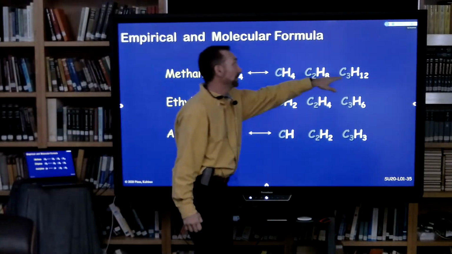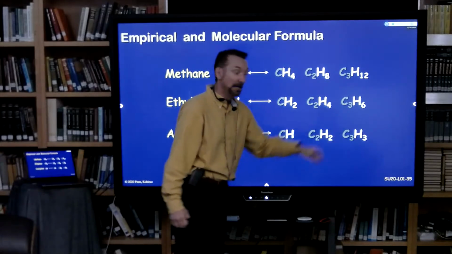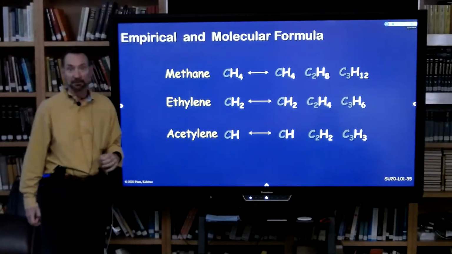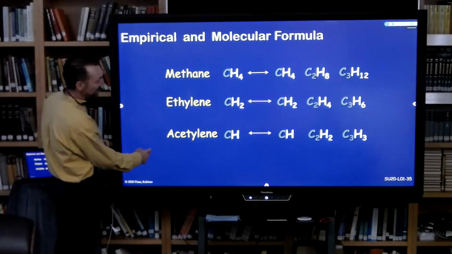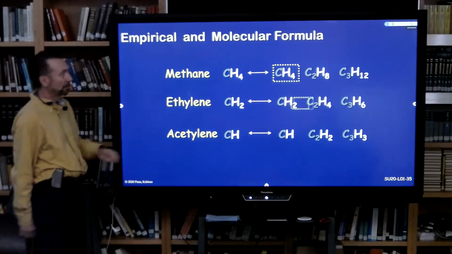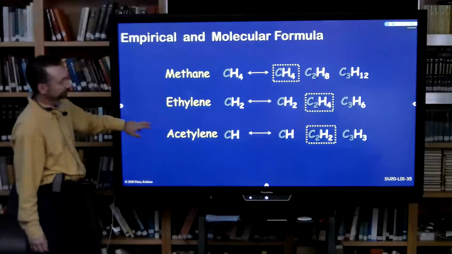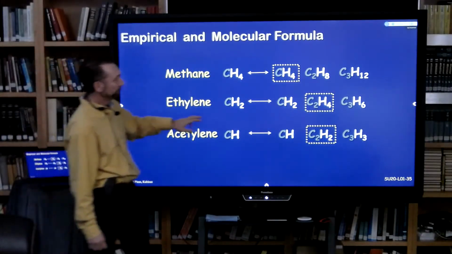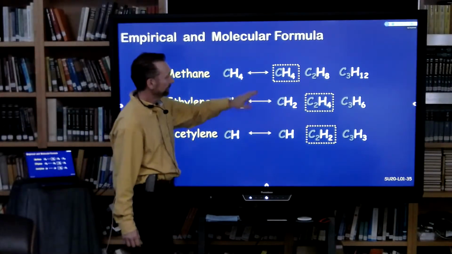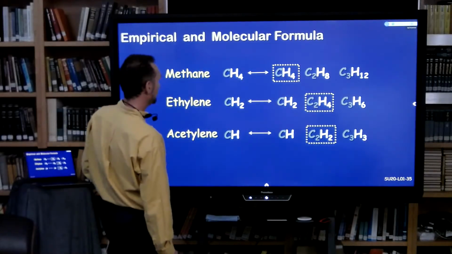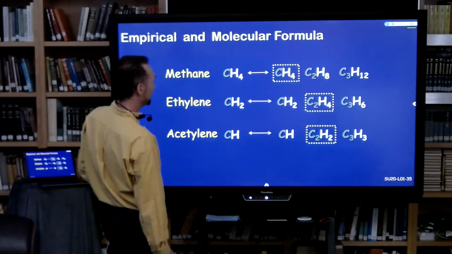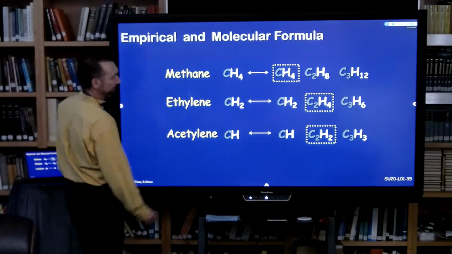These are actual molecular formulas. They are the actual molecules, the ratio in the molecules themselves. Difference between those two things, and you might see that in your homework. Okay? Why did I highlight those? Because those were the ones in the Chem quiz.